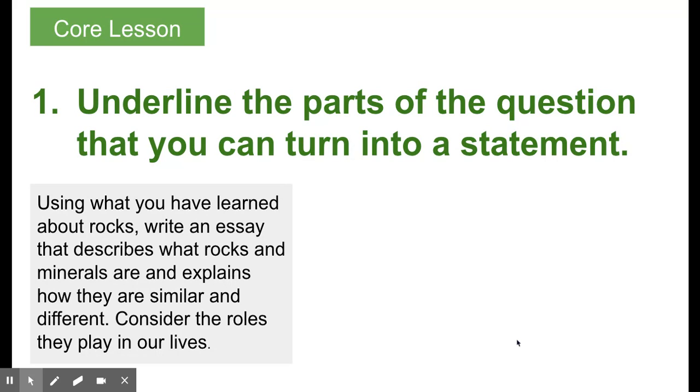So I'm first going to go back and underline the parts that I can actually make into a sentence. So I see what rocks and minerals are, and that's a key part that tells me what I'm writing. I'm also going to add the similar and different part. That tells me I need to add what rocks and minerals have in common, but also don't have in common. And somewhere in there, I also want to include what the roles of rocks and minerals have in our lives. So now that I've identified those key parts of my question,